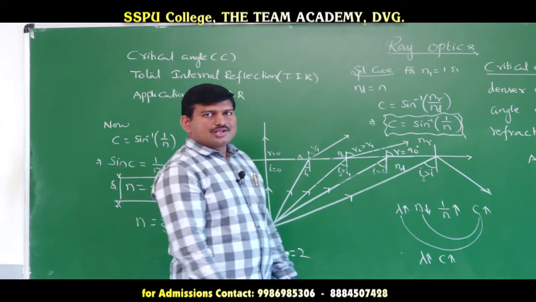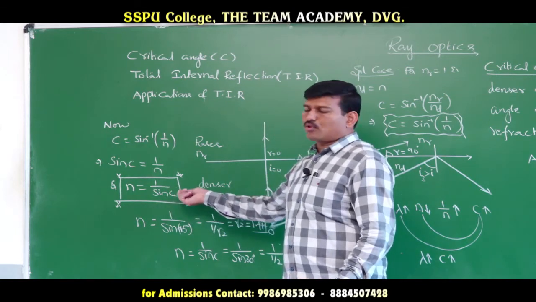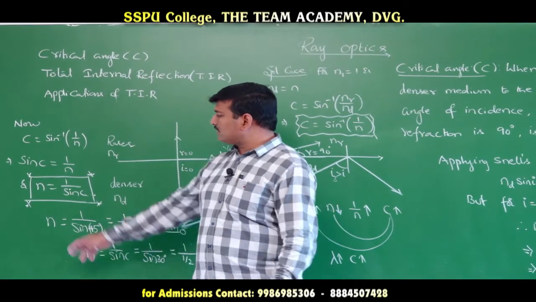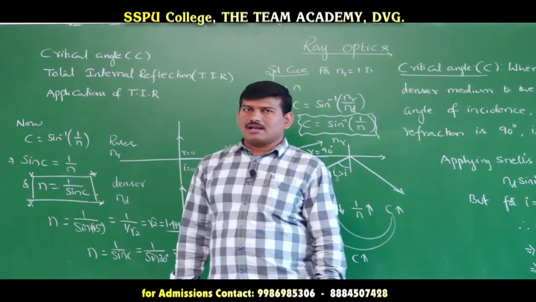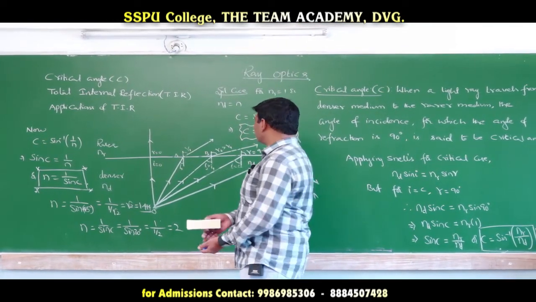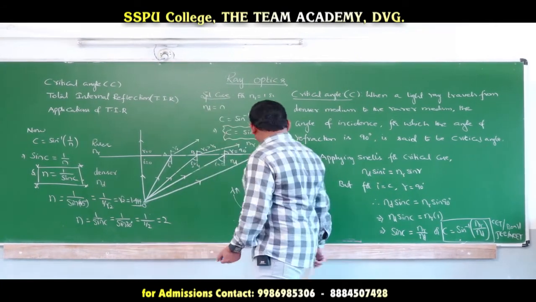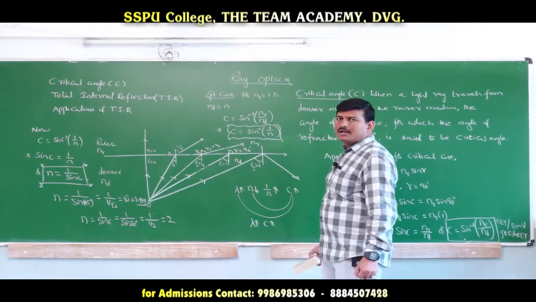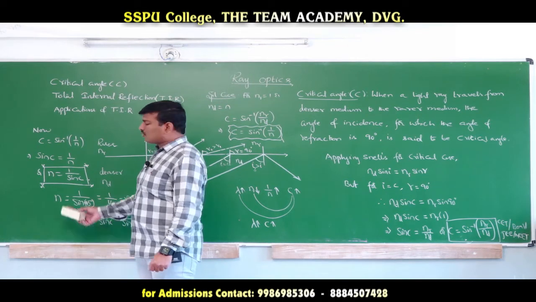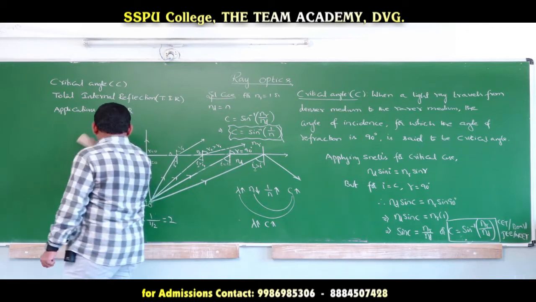Understood this point clearly? This formula is very useful for your competitive and 2-mark problems. Knowing the critical angle, we can find the refractive index, or knowing the refractive index, we can find the critical angle. Understood this? So please remember this formula: n is equal to 1 by sin C, and C is equal to sin inverse of nR divided by nD. Based on this, definitely you will be having problems in the 2 marks or in the CET standard examination. And next is about the total internal reflection phenomenon.